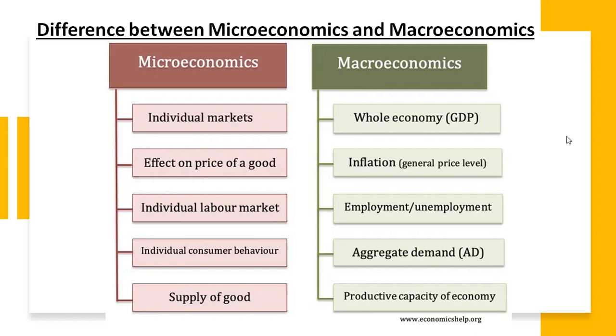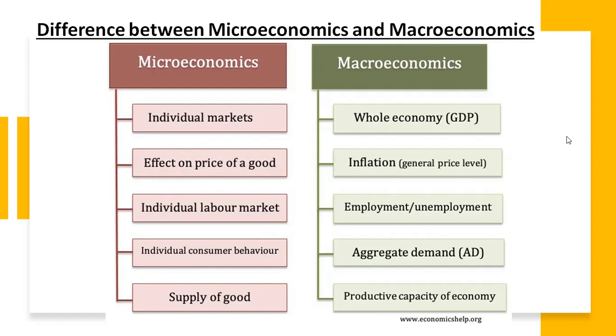So in aggregate demand, we will not only discuss petrol, but we will discuss the demand for various other commodities, including food items, clothing, petrol of course, medicines, infrastructure, education, life insurance policies, everything. So when we sum up all these demands, it becomes aggregate demand, and it falls under the category